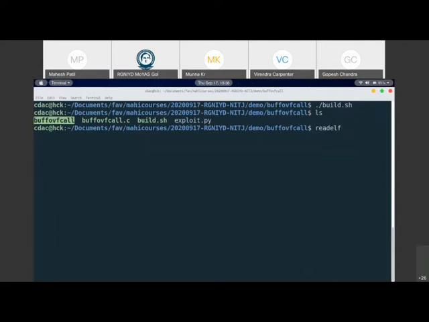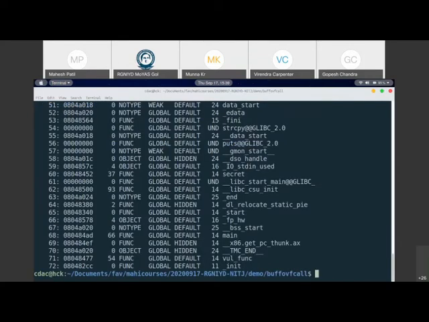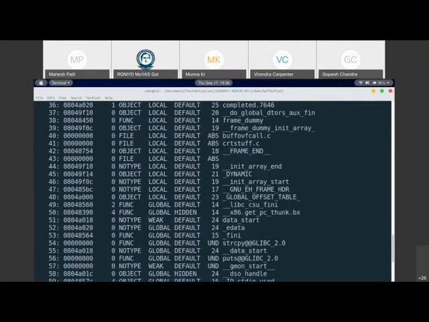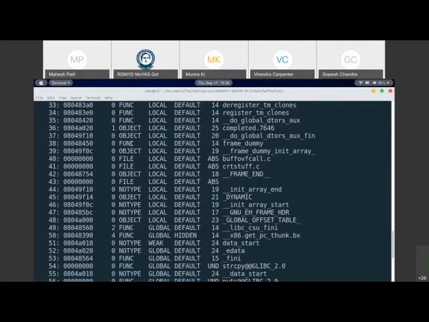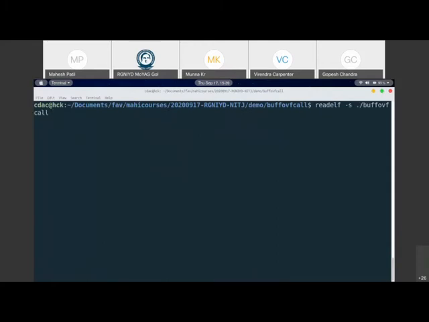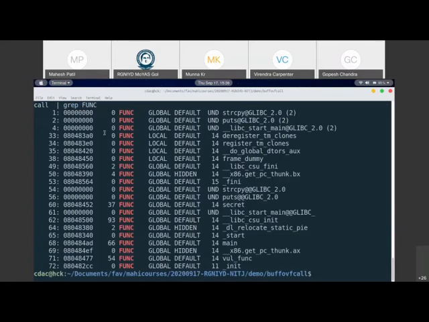So let's go and use this utility called readelf. readelf is a utility which can read from the ELF format. And in this case, we want to read from the binary, which is buffer. Correct? So this buffer binary is what we want to read, and let's see what is the content of it. So these are all the symbol names, but we are interested in the functions only. So I'm just grepping it with functions. So these are all the functions inside it.